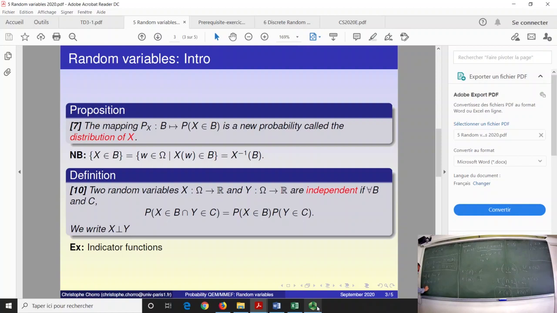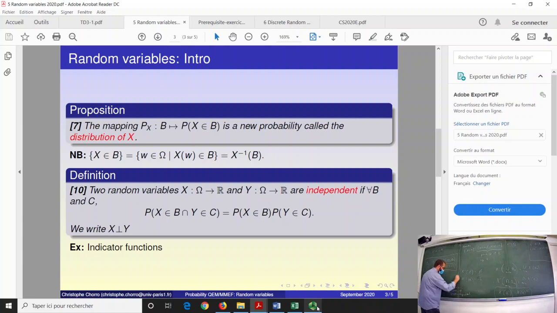So, Px of the union of the Bn is equal to the sum of Px of Bn, if Bn is a sequence of pairwise disjoint